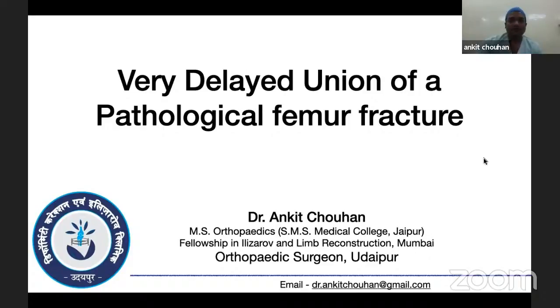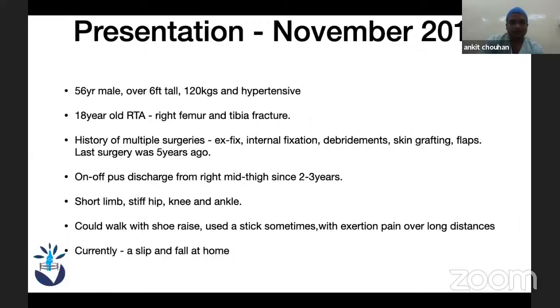Good morning, everyone. So this is the case of a pathological fracture of the shaft of the femur, which was united, but united very late. The presentation was in November 2016. The patient was a 56-year-old male, a very hefty fellow, over 120 kg in weight. His original injury was 18 years ago. It was a polytrauma kind of